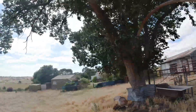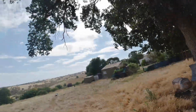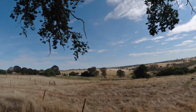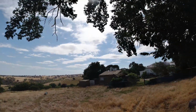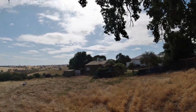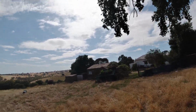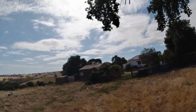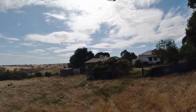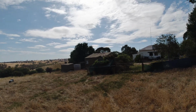I rescued a few of them. It just turned up here. Lamb Shanks was another one that just turned up here and I rescued. Lamb Shanks was a baby. I think he fell off a truck. It cost me a lot of money to have his leg treated, and his foot was never the same. But anyway,